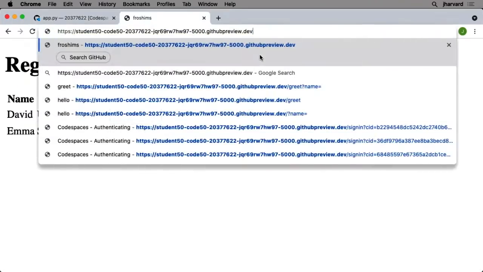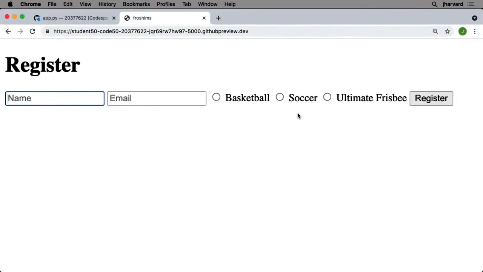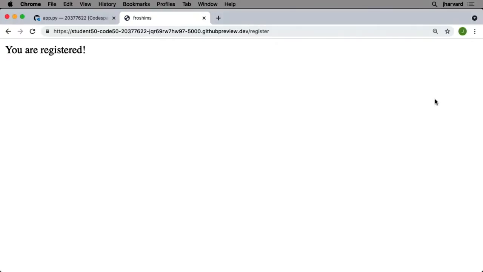Let me go ahead and reload the main screen, not that one. Let me reload the main screen here. This time, clearly, I'm asking for name and email. So name will be John Harvard, jharvard at cs50.harvard.edu. He'll register for, how about soccer? Register. And if I did this correctly, not only is John Harvard on his screen seeing you are registered, but